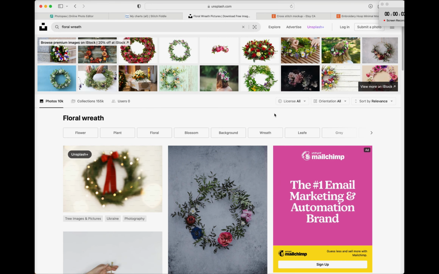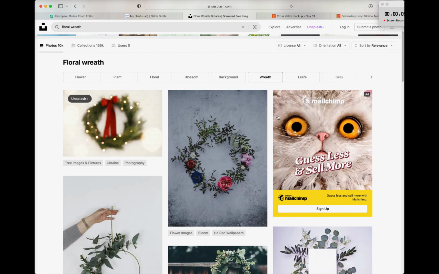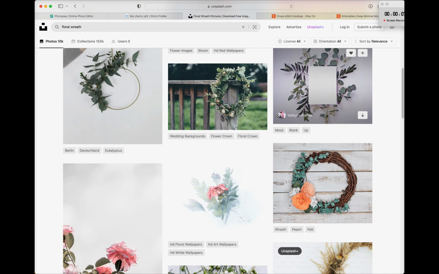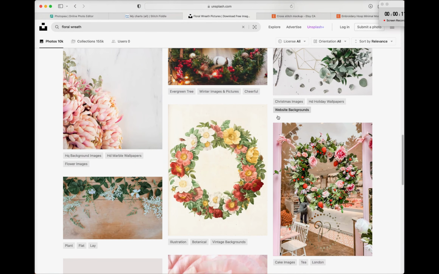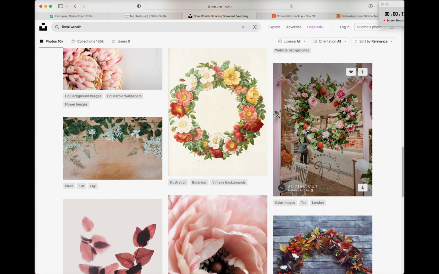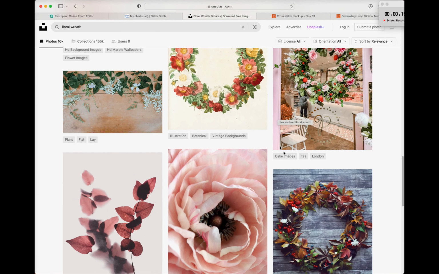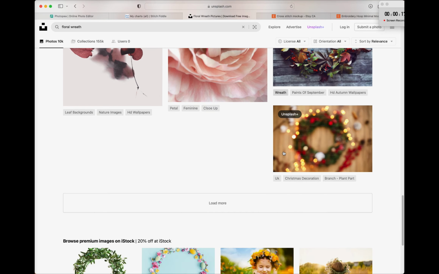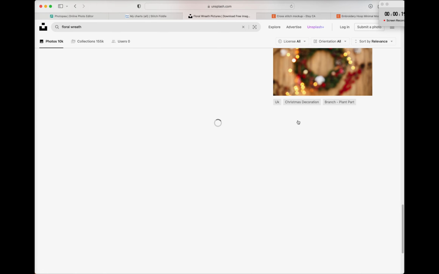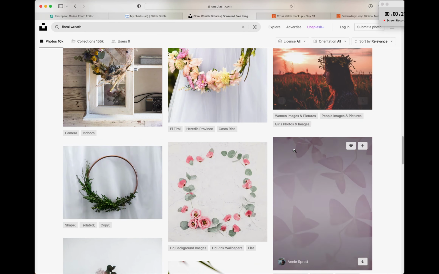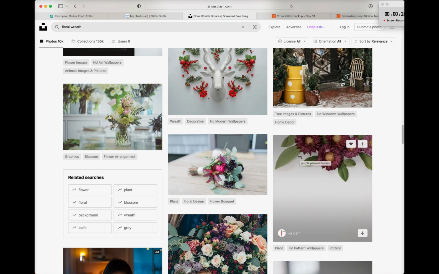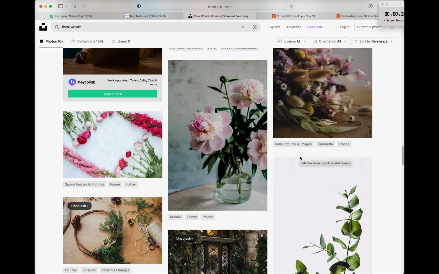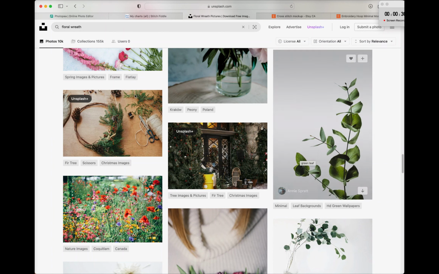So another thing to keep in the back of your mind when you're choosing a mock-up image for your cross-stitch patterns is to think outside of the box. There's no reason for you to have to always use an embroidery hoop. There's no reason that you have to use a framed image. You could type in something like floral wreath and find something that would work to display your pieces. So for this example, I have chosen